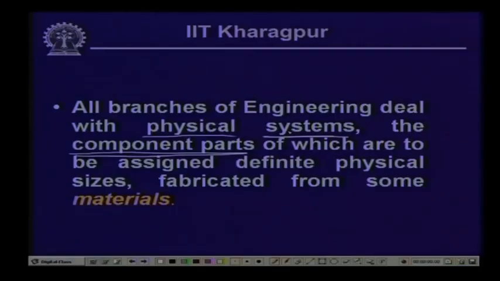Now, these individual units are to be assigned a definite physical size, and these elements are fabricated from some materials, and we need to know the character and behavior of these materials, so that the whole physical system, which is made up of different elements, can withstand